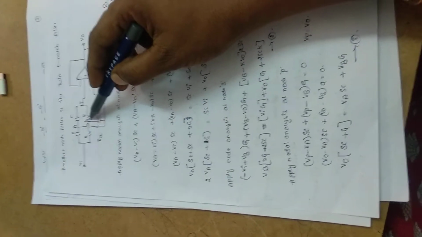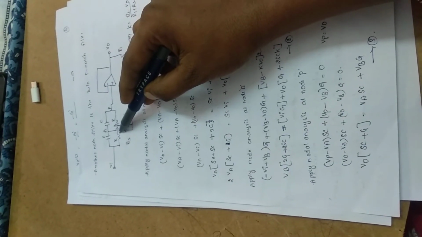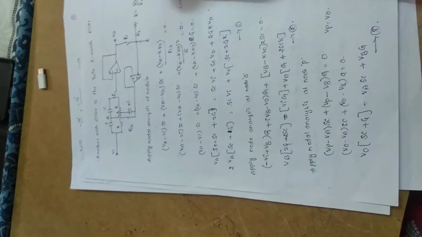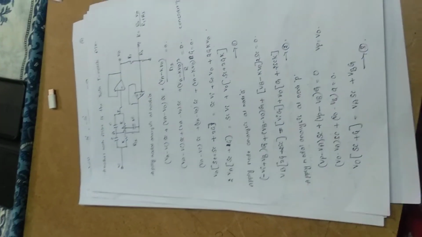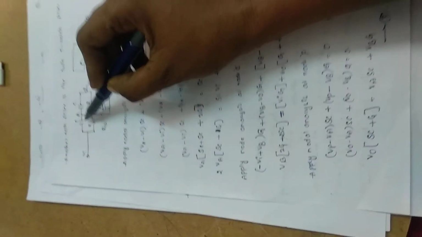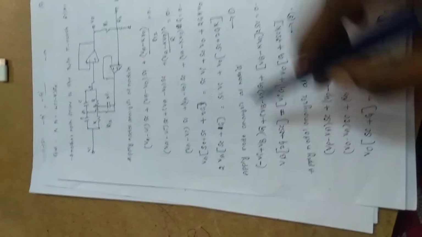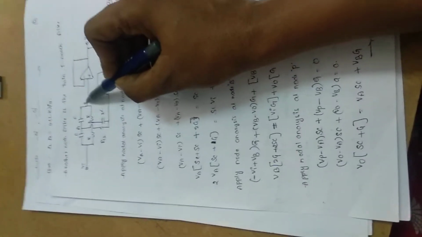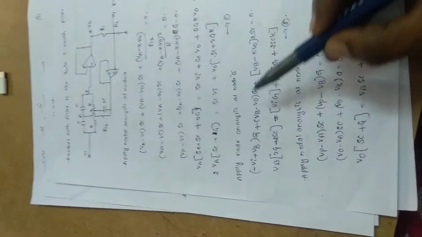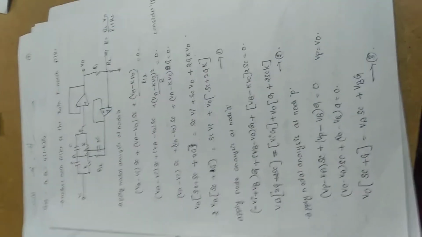So here, (Vb minus Vi) into G. G is equals to what here? 1 by R. Okay, here initially (VB minus VI) by R, 1 by R in sense G. So here (VB minus VI) into G plus (VB minus V naught). Here VP is equals to V naught. So (VB minus V naught) into 1 by R, 1 by R equals to G. That's why it is G is equals to (VB minus K into V naught) into 2 SC.